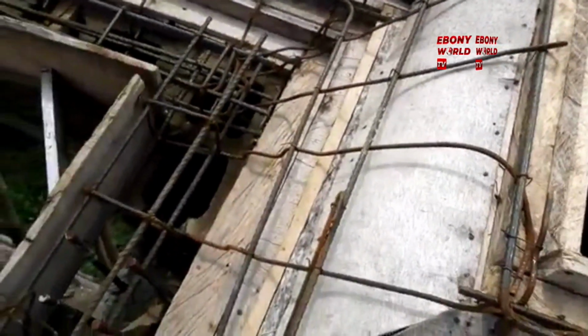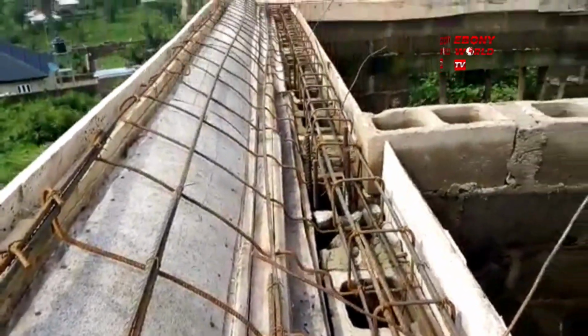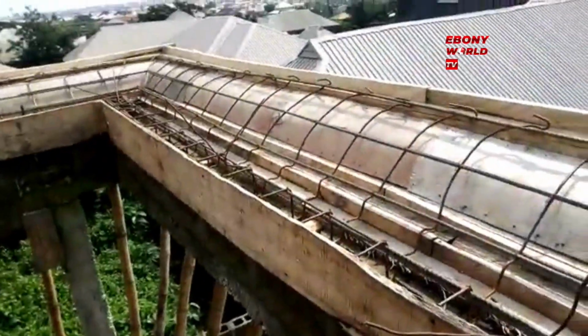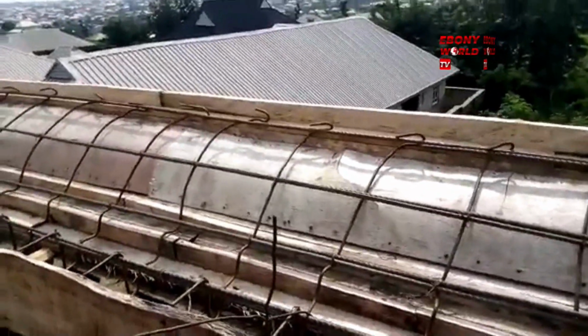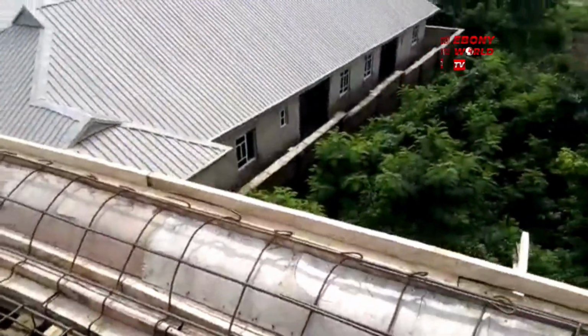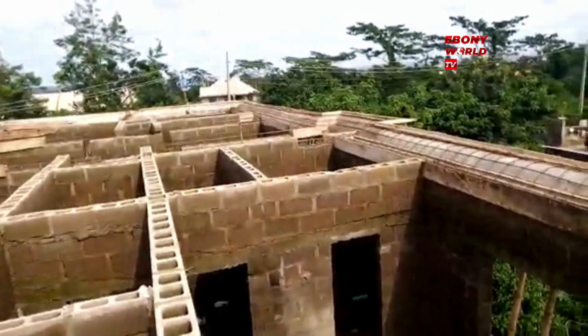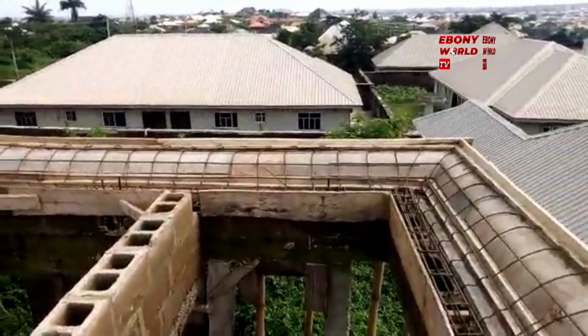As you can see, that framework is in place. The carpenter has molded these at the top, and those are the tie rods that were used to prevent the cement from pouring out. Now look at the line of the iron rod. They used 10 mm iron rod here. The ones that are curved are possibly around 8 mm iron rod, but the one inside the blocks, lying on top of the blocks, is 12 mm. It's called the beam. The beam is the one that is holding...